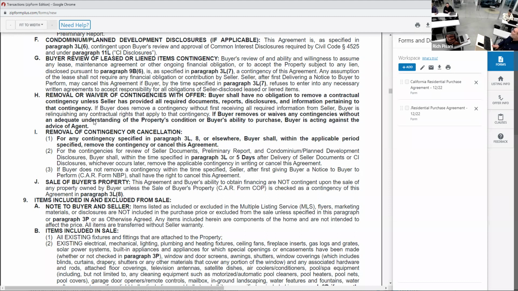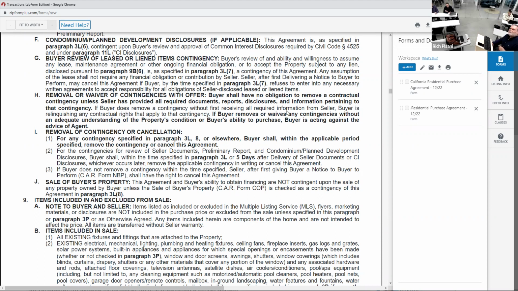So if you haven't gotten the HOA docs, you can't remove. There are agents who say, here's the removal of all contingencies, your buyer needs to sign it. No, I don't have this information. I need this information before I can sign it. Now, there's still agents who want to argue with you about that, but